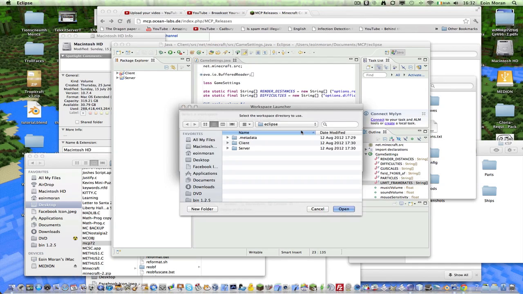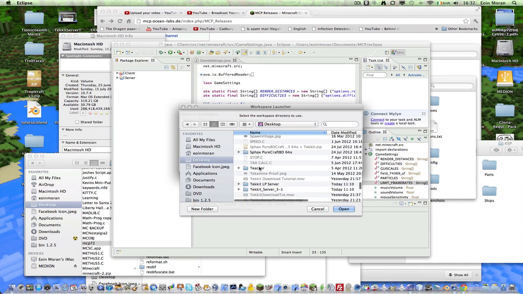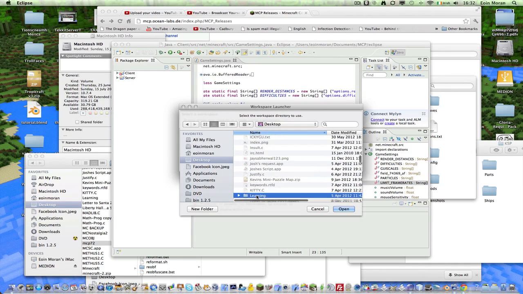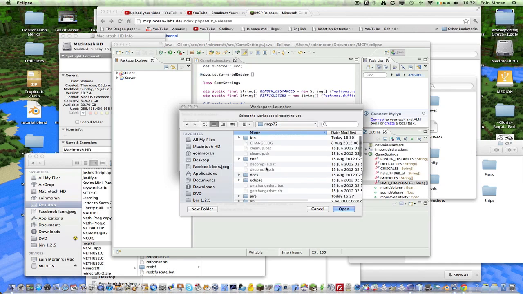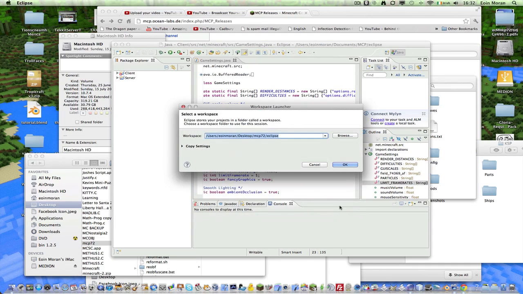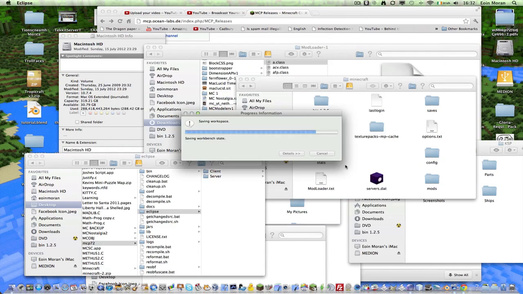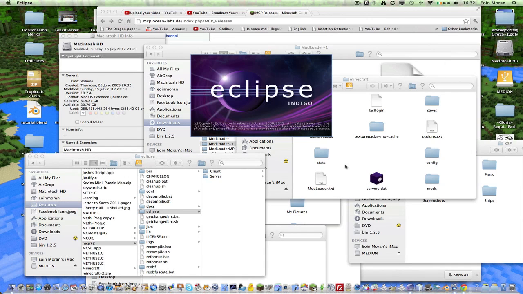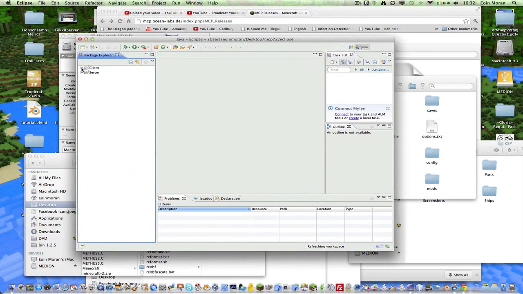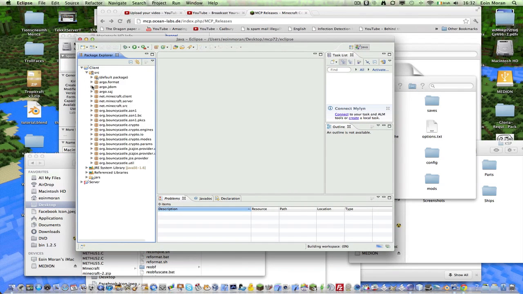So you want to click on browse, or whatever it is, and then go to wherever your MCP folder is. So just go to your MCP folder, not too hard. You want to select Eclipse, and then just click on open. And now you've set your workspace, so just click on OK, and then wait for it. It will open up all over again, so wait for it to load. And there we go. Now you've got Eclipse open, and now you'll want to go to client, source, and